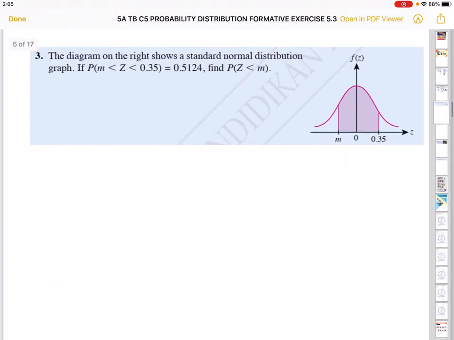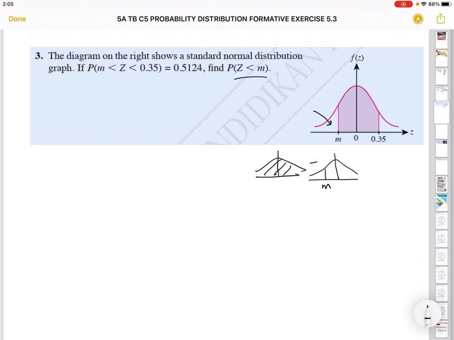So here we are given a diagram which represents a standard normal distribution. Now we're finding the value of the probability of z less than m. Okay, z less than m is actually this area, right? Number one, I think we can do 1 minus, because you can see that the total area is 1. By taking 1, the whole thing, minus the probability less than m, which is on the left hand side here, and the probability z more than 0.35, I'll get the area in between, which is